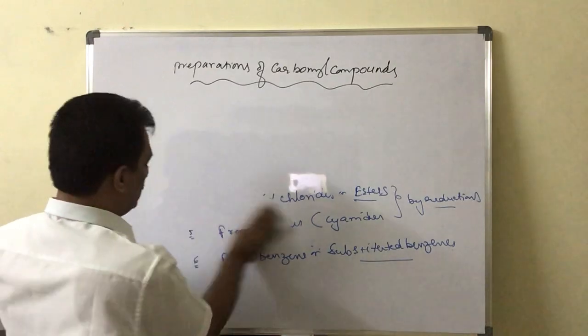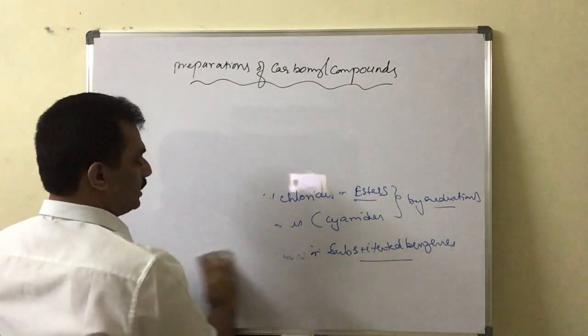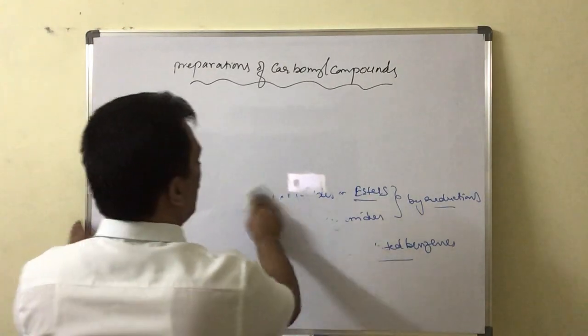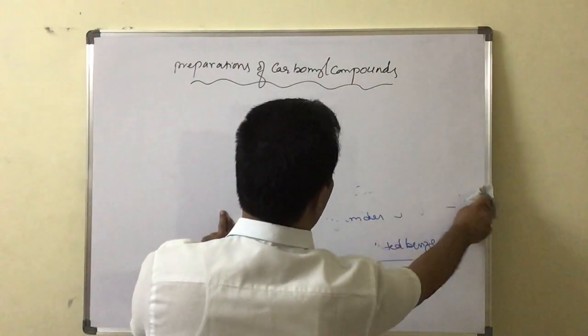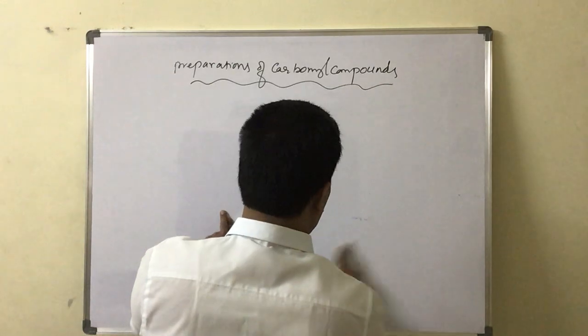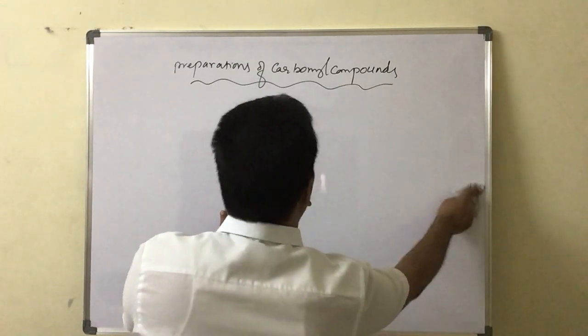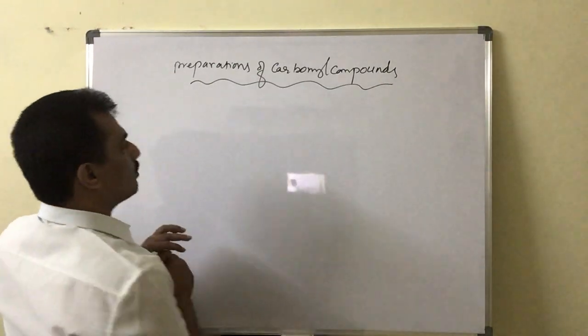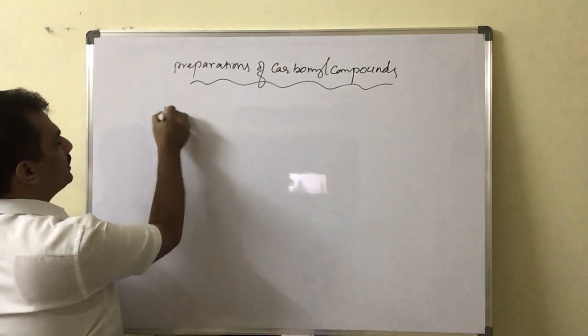The best method in this conversion. What is the best method in this conversion and how? What are the products that can be formed from this? Or we have to discuss. Just it is preparation of carbonyl compound. First one is from